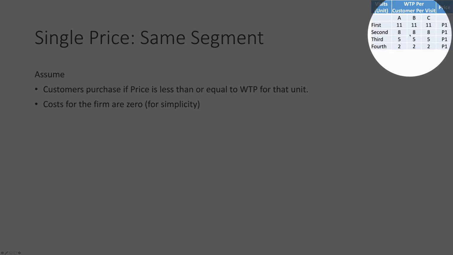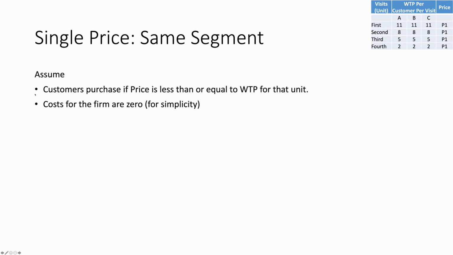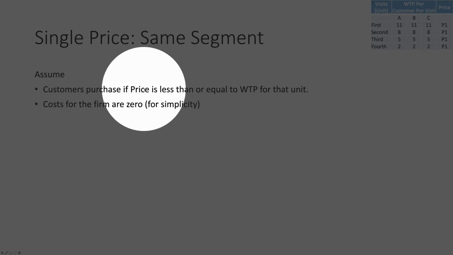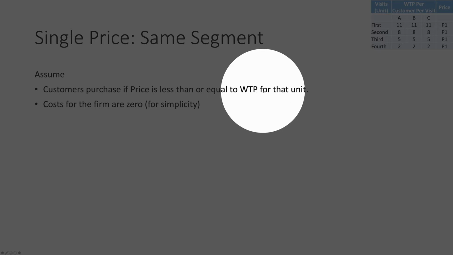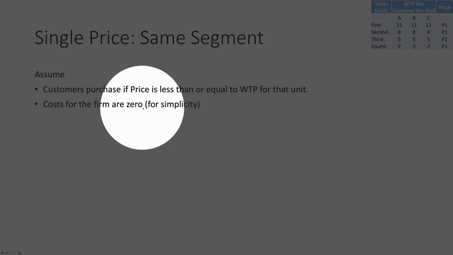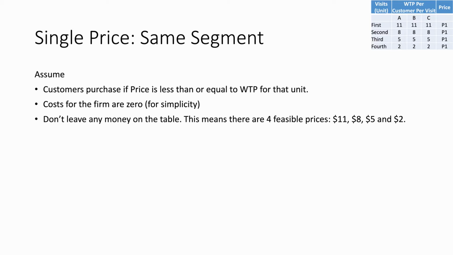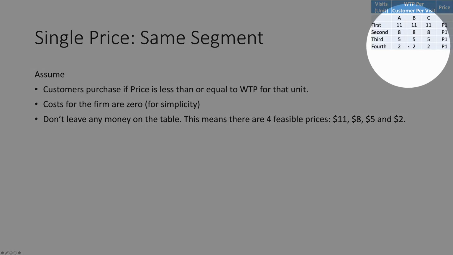On the top right corner of the screen, I've shown the willingness to pay table so that making our calculations easier. In a single price case, we assume customers purchase if the price is less than or equal to the willingness to pay for that unit. And assuming the cost for the movie theater is zero, both for simplicity and also the cost per person in movie theaters is pretty low. If we don't leave any money on the table, this means there are only four feasible price levels based on the table: $11,